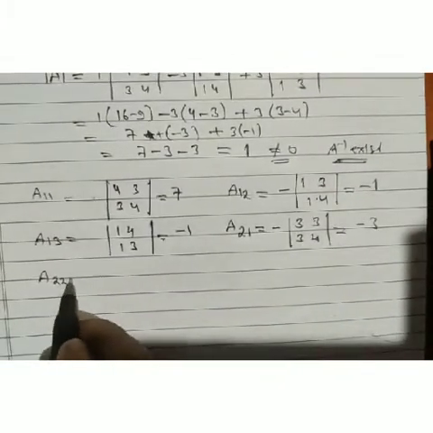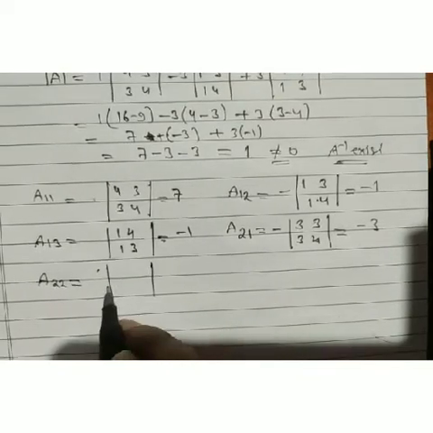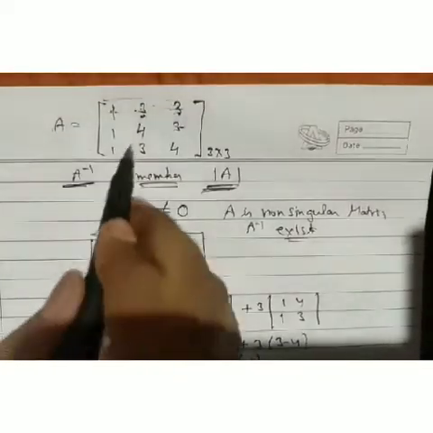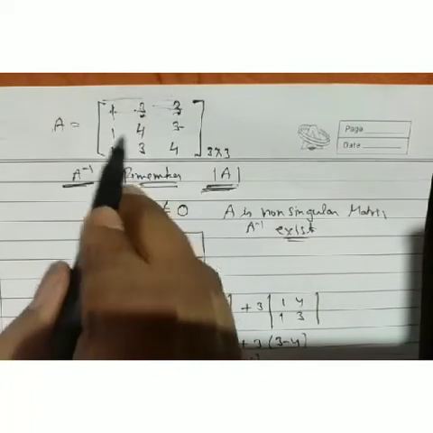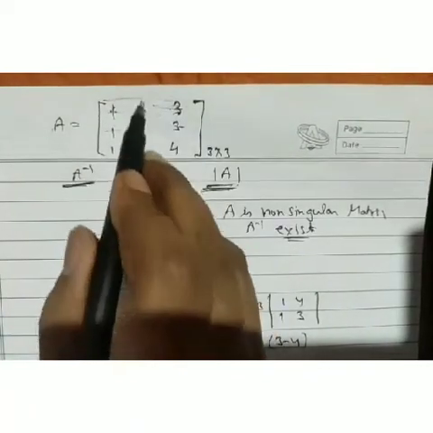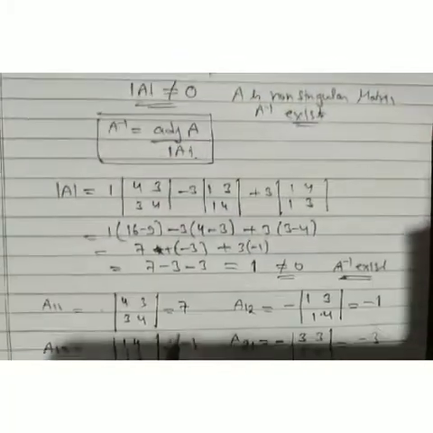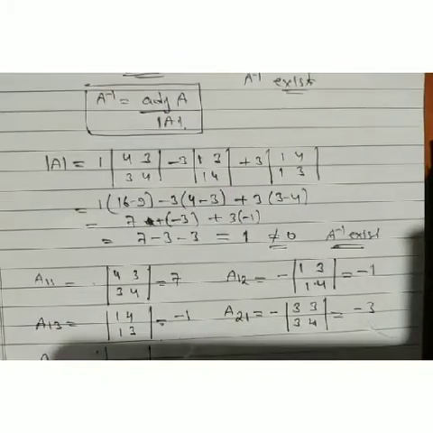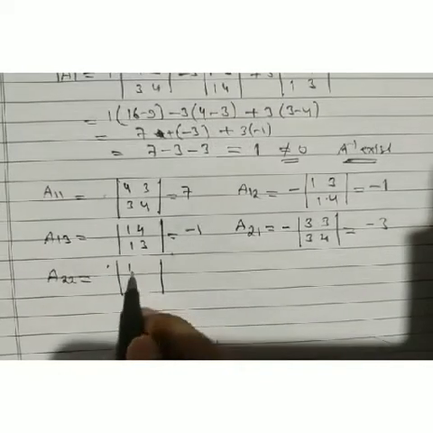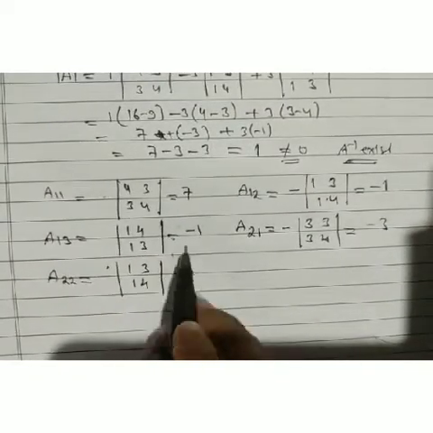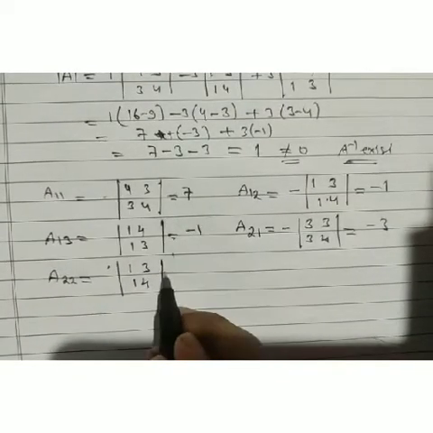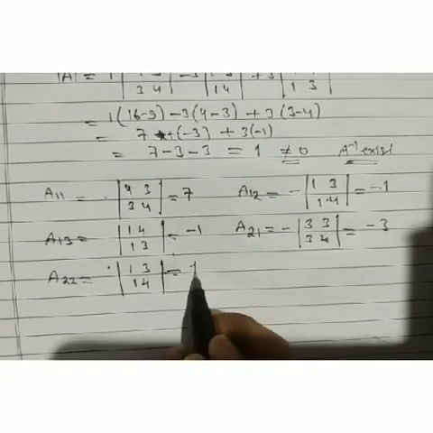Now we get A22 there, minus plus, then this is with a plus sign. What is A22 with respect to? It is the cofactor of 4. Deleting this row and column, what do we have? 1, 3 and 1, 4. Again we have 4 minus 3. We have plus 1 here.